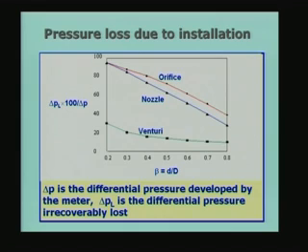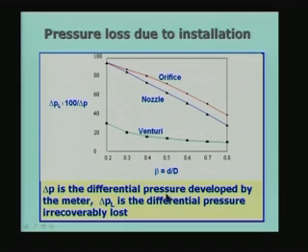And in fact, you can see that for the orifice, the nozzle and the venturi, if you look at the pressure loss due to the installation, total recovery is not possible. In the case of the orifice, of course, it is a function of beta. The smaller the beta, the worse is the pressure loss. As beta becomes larger and larger, the pressure drop created is also small, and the amount of pressure drop which is not recovered is also small. So, let us look at how we have plotted here.